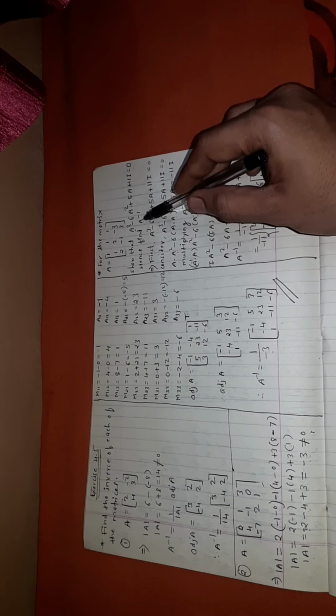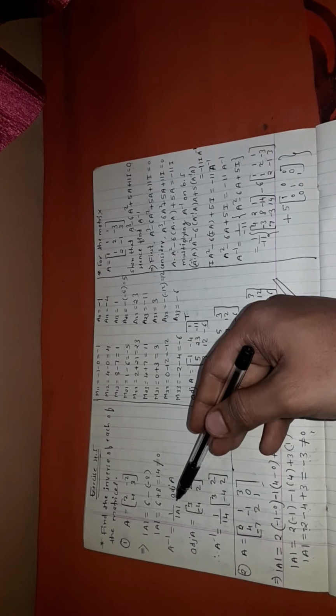I'll just show you how to find the inverse. So this A inverse value we should not find with the help of this formula. Okay, because here they have given one equation, right? Here it is a cubic equation. With the help of this equation we have to find out the A inverse value, and how to find that I will tell you. Okay, before that,